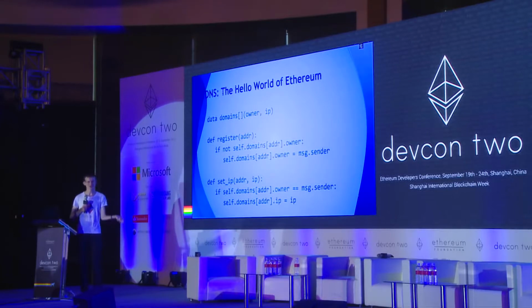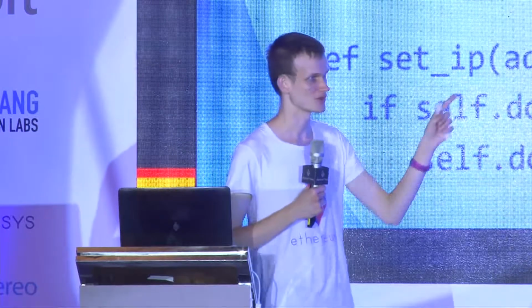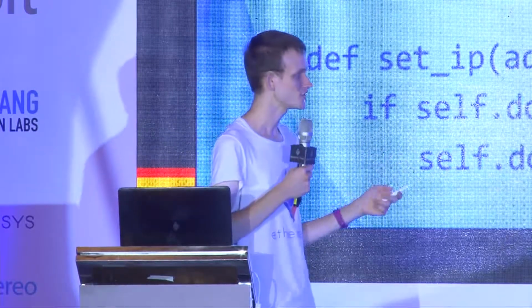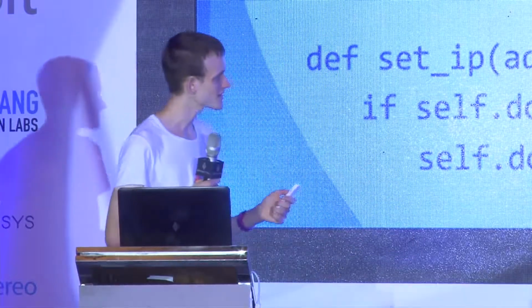Now, if I send another transaction, which talks to this contract and registers a domain, then the process of executing that transaction is going to change the state. And the new state is going to contain some storage keys that say this particular domain has some particular owner and some particular IP address. So that's what the state means: stuff that you have to care about now. In Bitcoin, for example, the state is pretty simple. It's just how much money everyone has at some particular point in time.